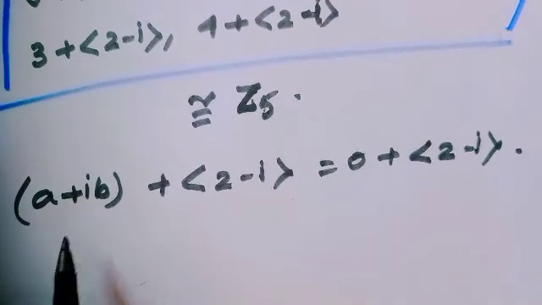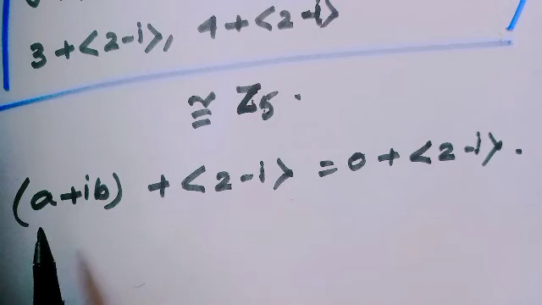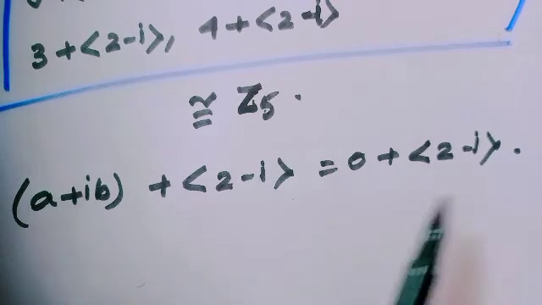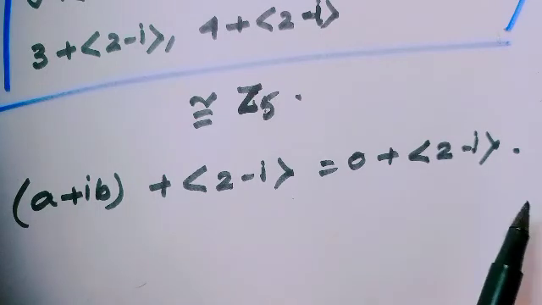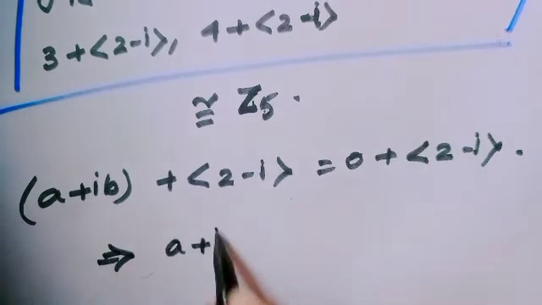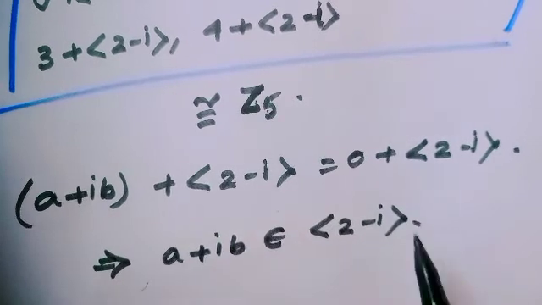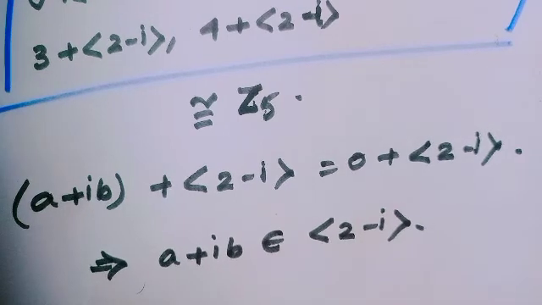One interesting fact of this quotient ring: if A plus iB plus the ideal generated by 2 minus i equals 0 plus the ideal generated by 2 minus i, then that implies obviously A plus iB belongs to this ideal 2 minus i, and since this is a principal ideal, we can write it